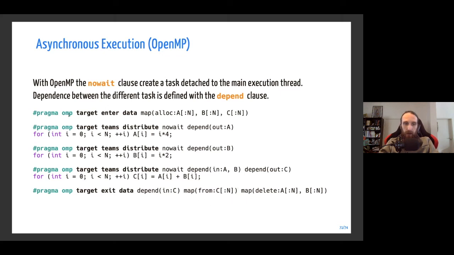So we have this target enter, where we created the data, but before deallocating, we have to be sure that this kernel is completely finished, and it needs to be finished in order to have a copy of the final value to the CPU as well as the deallocation of the A and B arrays. So this is why we put a depends in C in our target exit data.